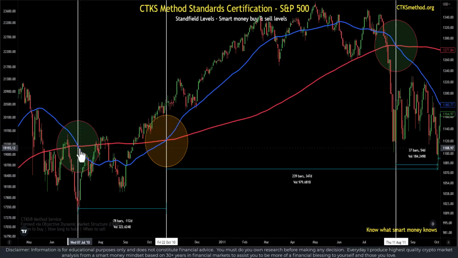Let's go back a little bit of time to July of 2010. What we can see, we did indeed have another death cross, but the bottom was actually hammered in pretty much around that time. And then 112 days later, we had the Golden Cross. This is quite interesting because when you think about death crosses, the very sound of the name, death cross, is like, whoa, I better just run straight away out of the market.